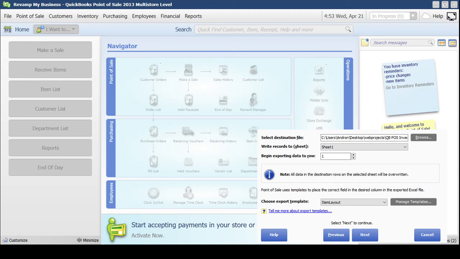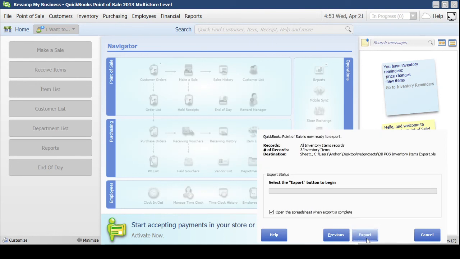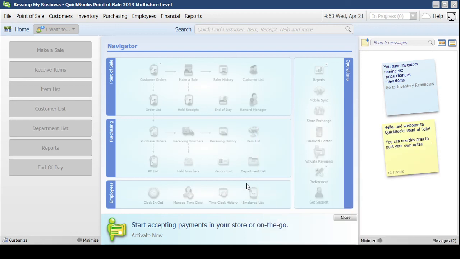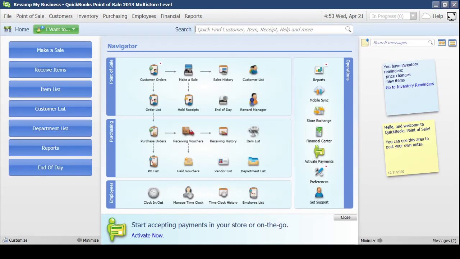Now with that closed, we're back to our data export. Let's go to next, and let's begin the export. Alright,